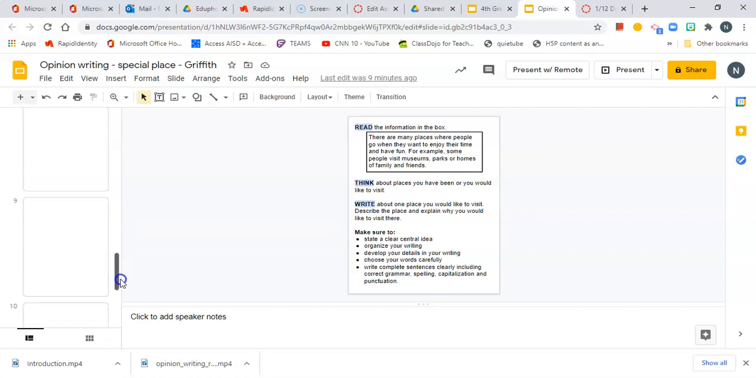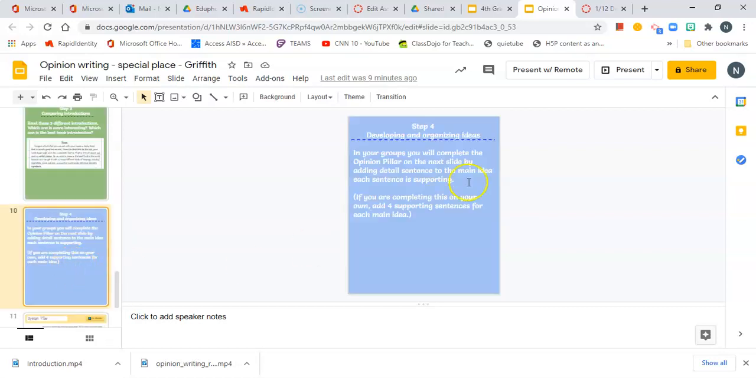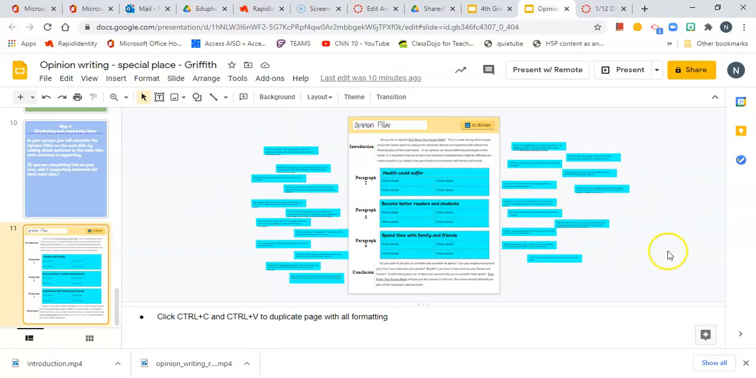Then the direction says to go to slide number 10, developing and organizing ideas. In your groups, you will complete the opinion pillar on the next slide by adding detailed sentences to the main idea each sentence is supporting. If you are completing this on your own, add 4 supporting sentences for each main idea. So then we go to page 11, and on the outside of the pillar, you have sentences. You're going to decide where the sentences go. And if I zoom in,